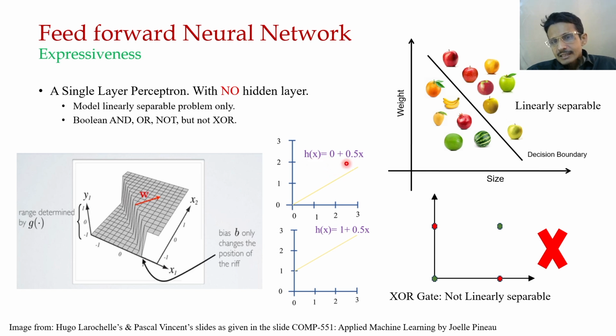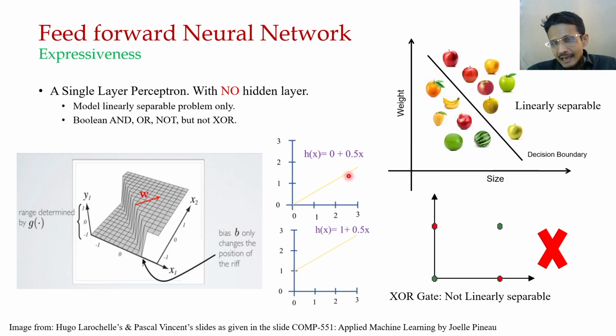For example, this is a straight line equation, y equals mx, so c is not there. c is 0, so this line passes through the 0,0 position. Now if we put some bias here, c equals something like a bias, you can say h equals wx plus b. If you put some bias here, other things are the same, but it shifts the position of the line. So the position of the straight line just moves here.